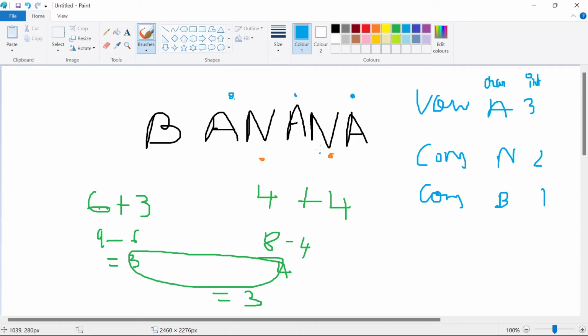Converting from a consonant to a vowel costs only 1, so 1, 2, 3. So 9 in total. Then I check which vowel has the maximum occurrence, and that is A, with 3 occurrences. 3 into 2, because it costs 2, we don't want that, we're keeping those as they are. So 9 minus 3 into 2 is 6, which equals 3. This is answer 1.